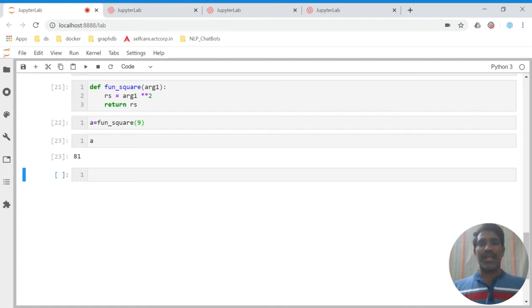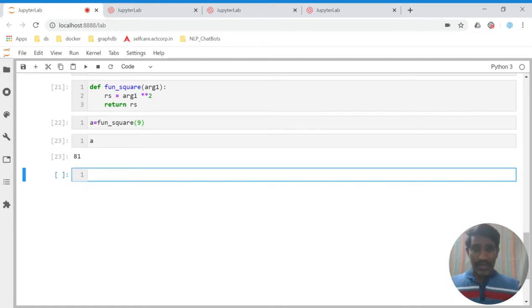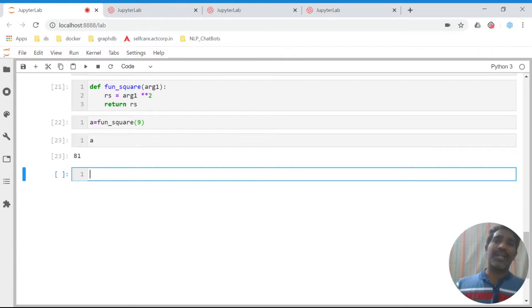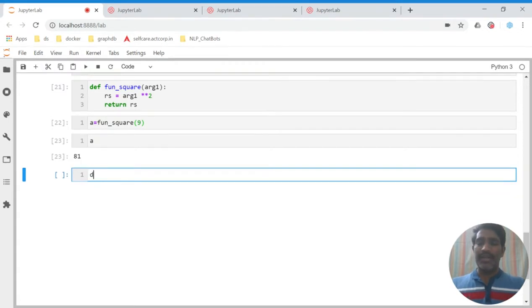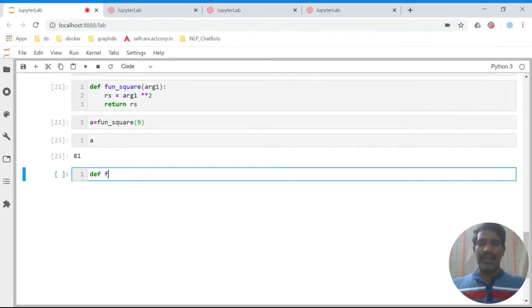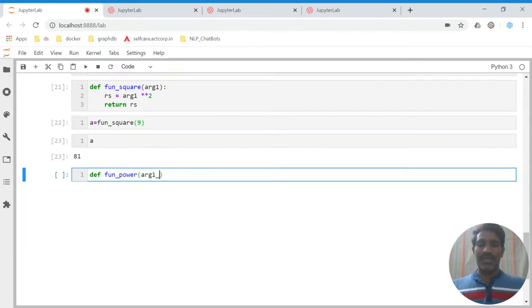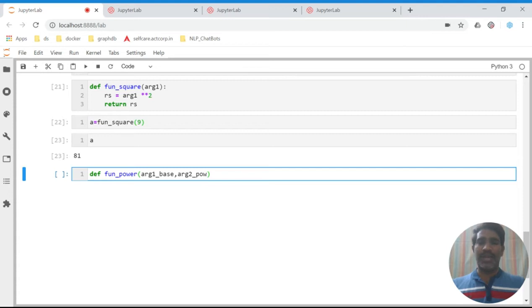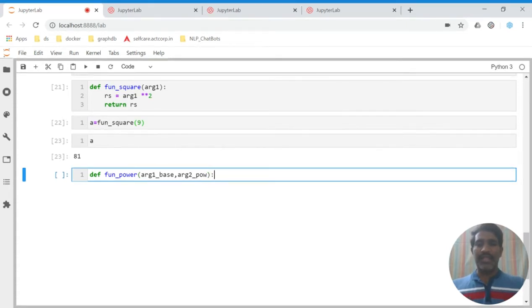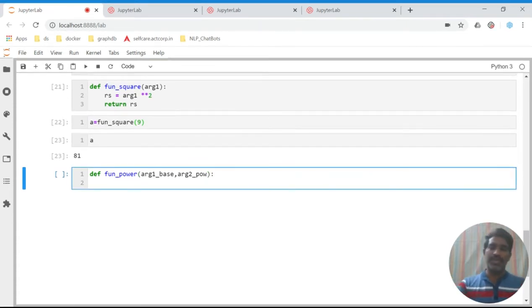Okay, something like that. Now let us go and understand how to pass multiple arguments. Suppose we are trying to define a function with multiple arguments. So we are writing here power, with argument 1 underscore base and argument 2 underscore power, two things we are taking here. Then whatever the user provides,